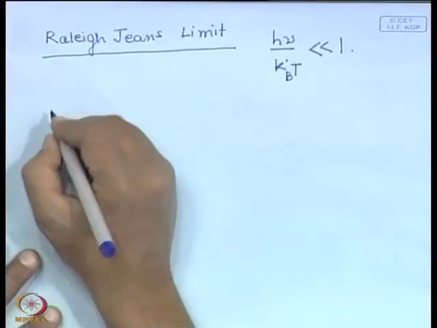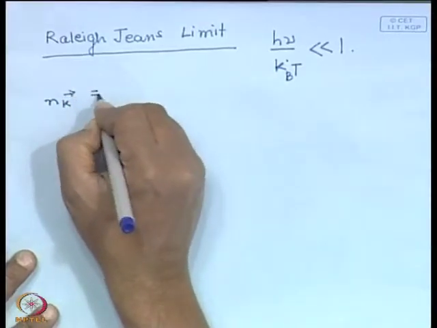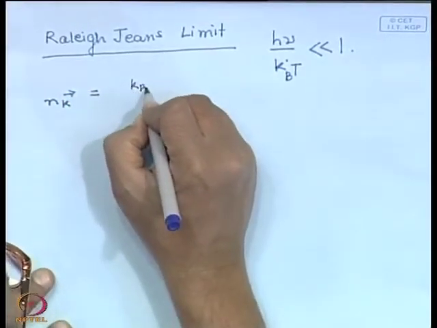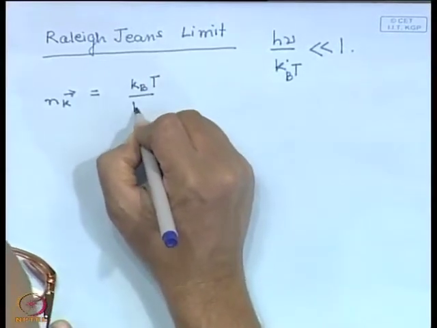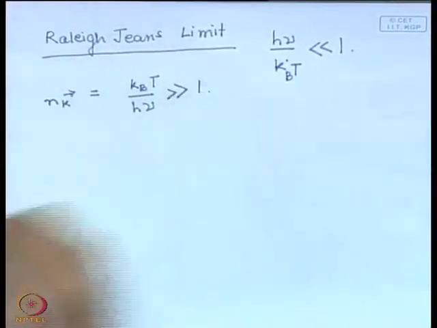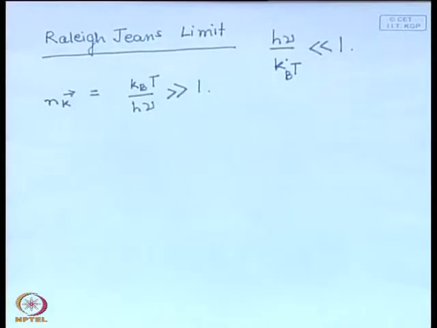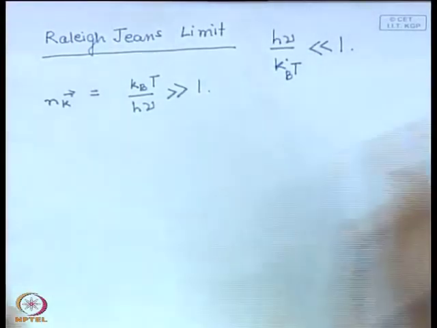So, the occupation number in this limit, n_k, let us just look at the occupation number, that also is interesting, is k_B T by h nu, which is much greater than 1, because that is the inverse of this. So, each mode is occupied by a large number of photons, that is the limit that we are looking at. Each mode is very densely populated. Okay. That is the limit that we are looking at, and in this limit the Planck function